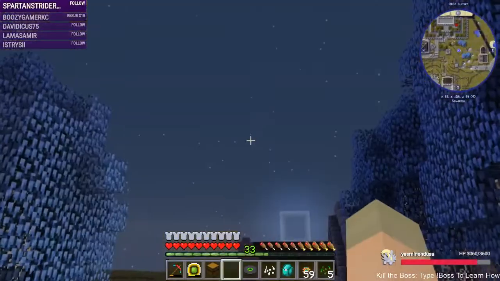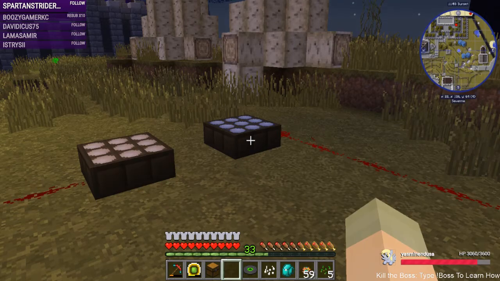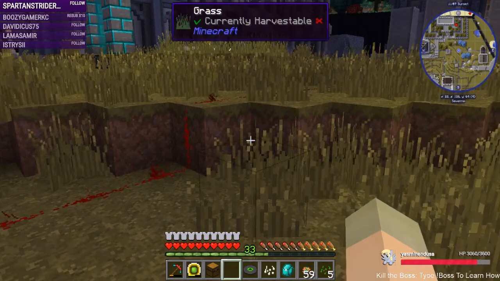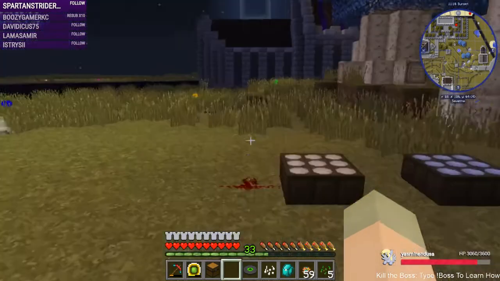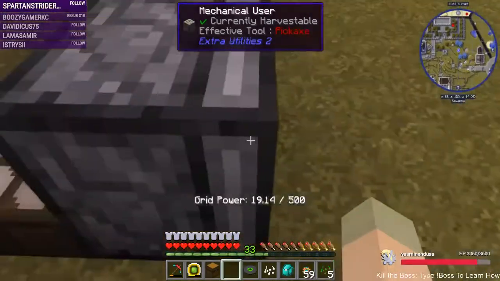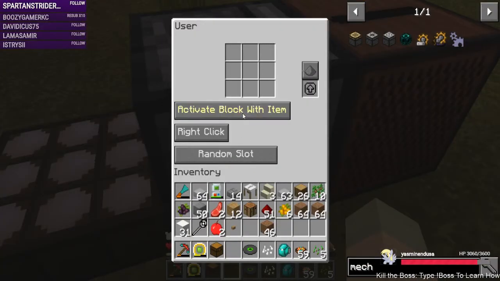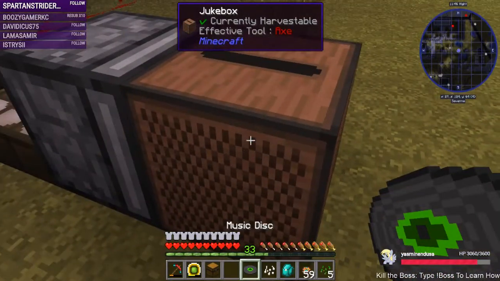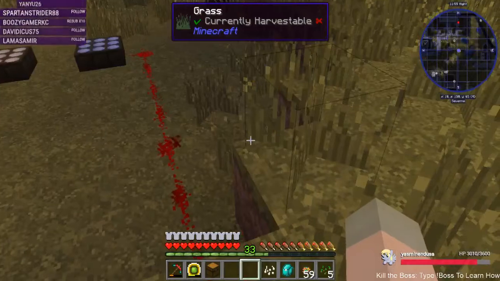Alright, so that's still on. That's a power of 2. But this has started working. So if we had a nighttime song, that would be about right. Interesting. Okay. So what I want to do is put you here and the jukebox here. Set. Activate, right click, redstone, pulse. So we've got that. And then if we wanted to do...